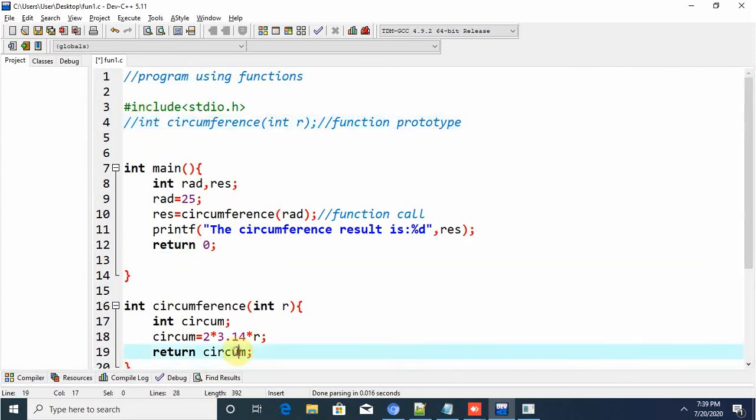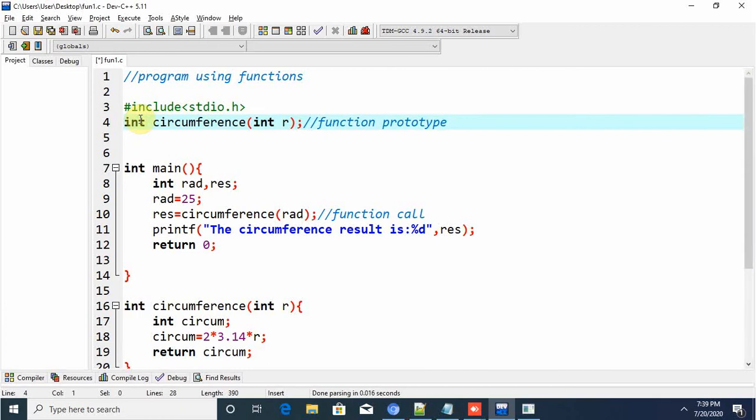So if you are going to define the function after the main program, it is mandatory to add the function prototype. Or else, if you are going to define the function on the top itself, you no need to give that function prototype.